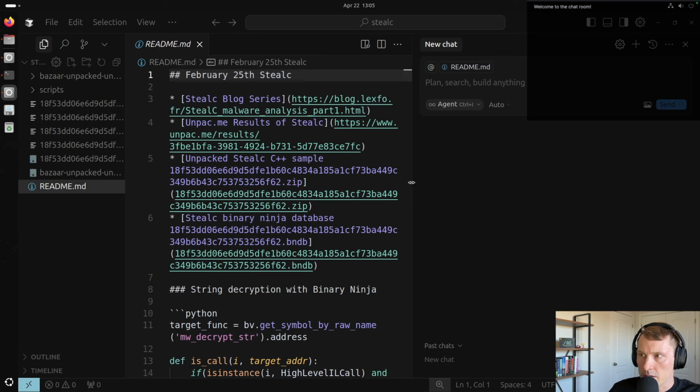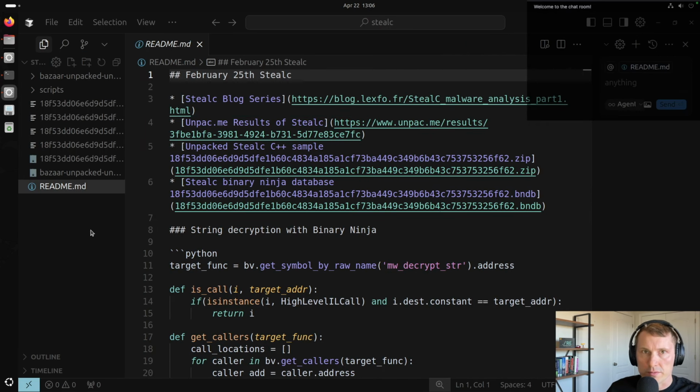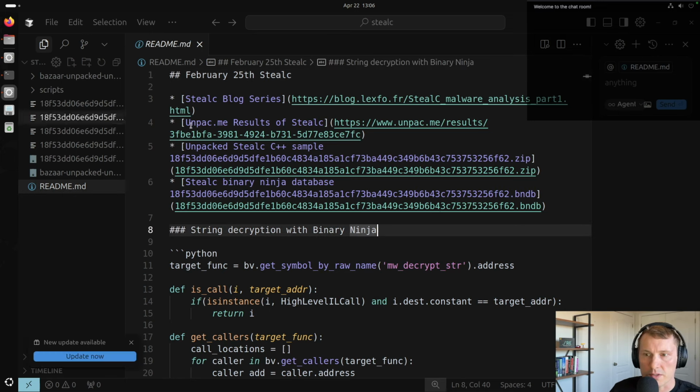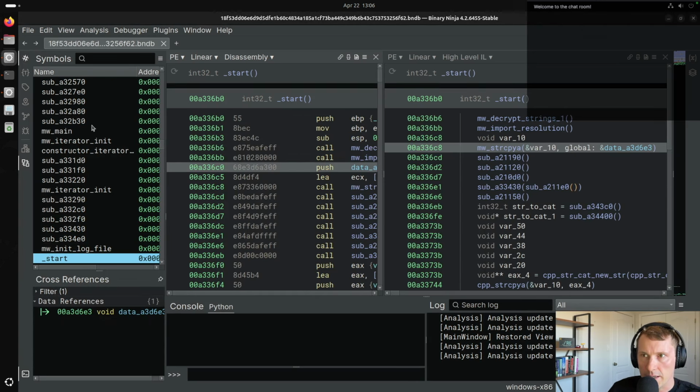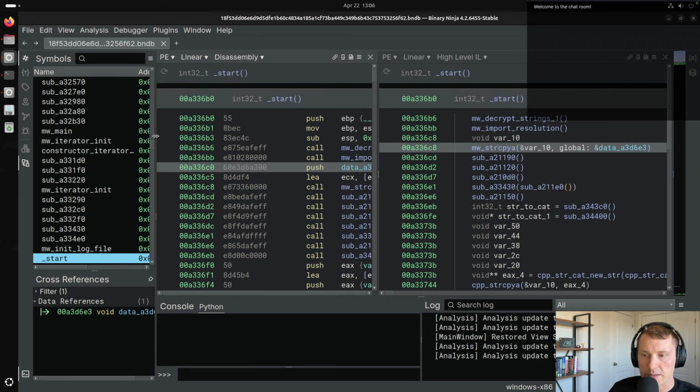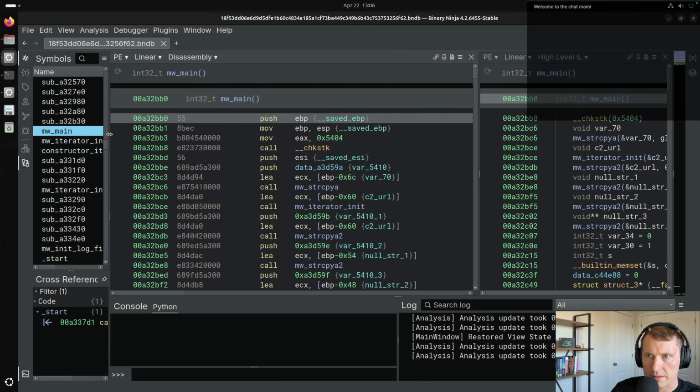How's everybody doing? So basically I just wanted to continue with our Stealc malware analysis. Just to review what we've done already, to give you an idea of where we're at with this sample. The first couple of streams that we spent on Stealc, we were looking at the obfuscation that